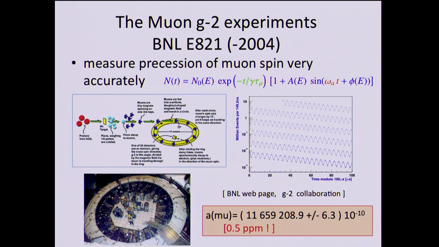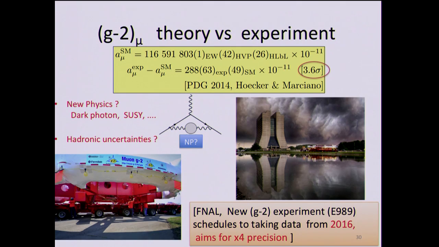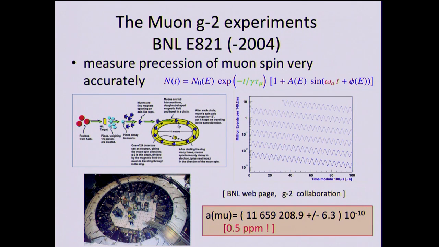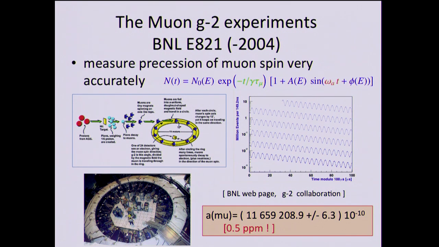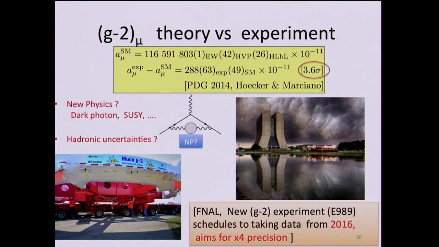But before going to that, Brookhaven's experiment until 2004, look at this quote. There's a 9-digit. So this is one of the most precisely measured quantities by scientists. And it's actually half a part per million accuracy they quote. So no wonder you can see not only photon quantum correction, but hadron quantum correction. And now many of you might know this Brookhaven muon ring was sent to Fermilab, Chicago, Illinois. And they are planning to improve this 0.5 ppm accuracy down to 4 times smaller, and plan to take data